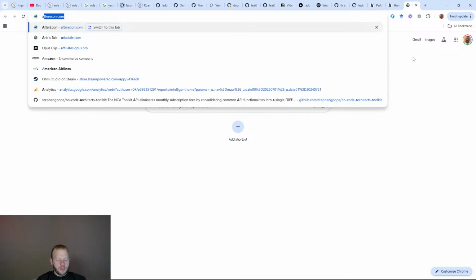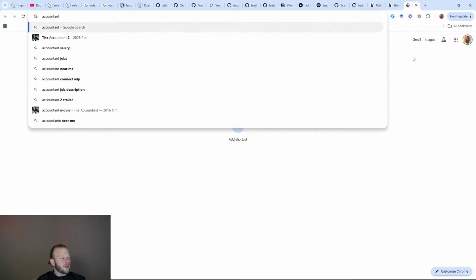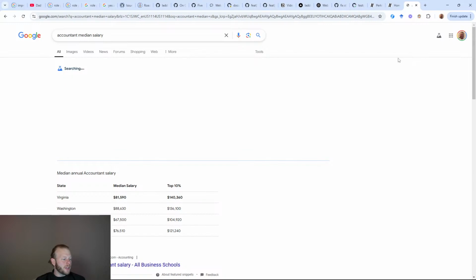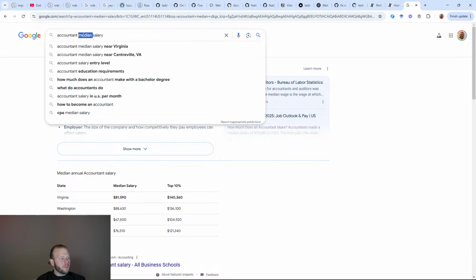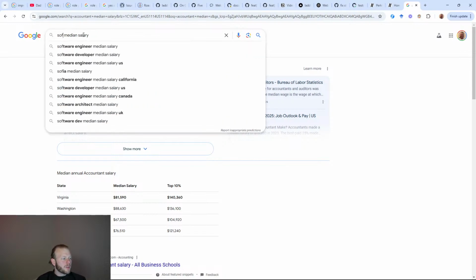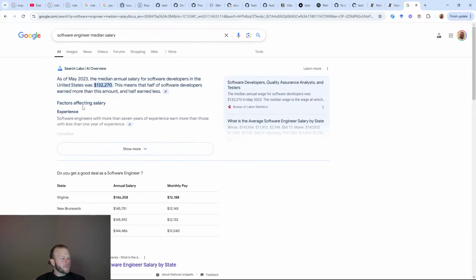So let's go accountant median pay, or median salary. That's fine. So like 80 grand, I think it's going to be comparable for median software engineer median salary. Oh, never mind. It's not comparable. It's almost a 100% difference, or more than a 50% difference. So yeah, I think accountants have lower job turnover. The employment rate, I think, is comparable. It might be even higher for accountants, but your pay is going to be significantly limited.